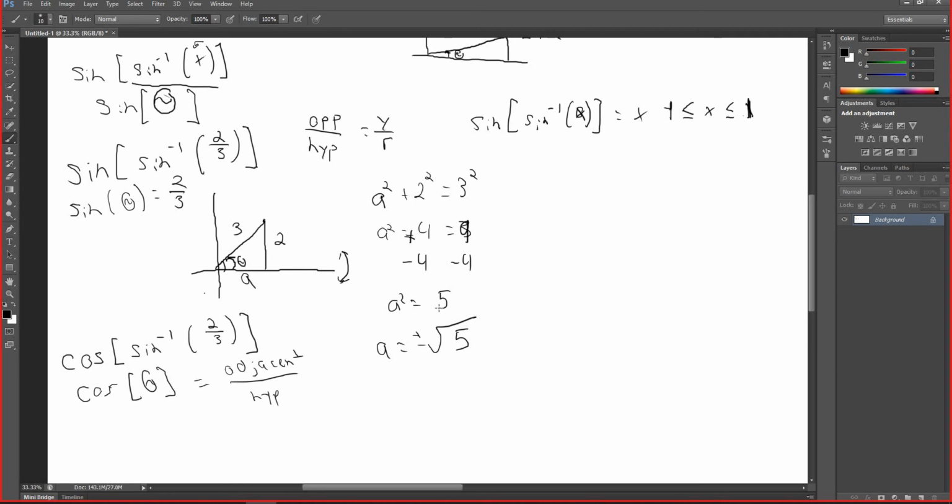What quadrant though are we in? We're in quadrant 1, so a has to be positive or negative? Positive. Now what's cool about this actually is when we're dealing with our inverse functions, what would a be if we were in quadrant 4? Negative square root of 5? So if I were to go draw this down here, let me switch to